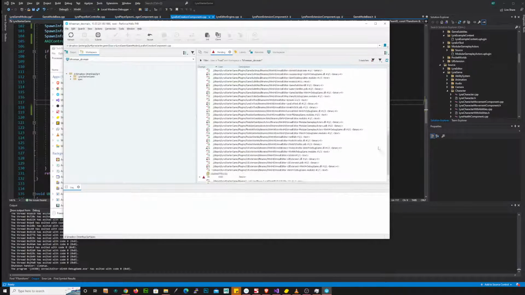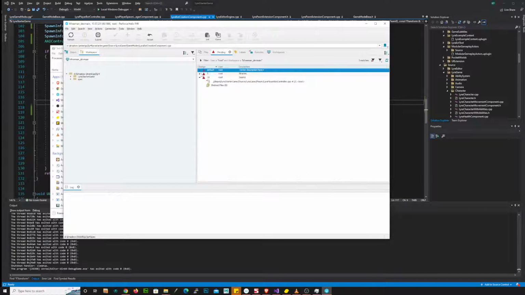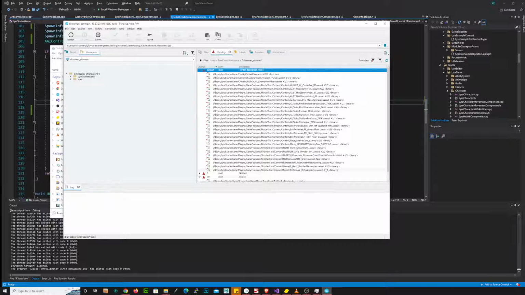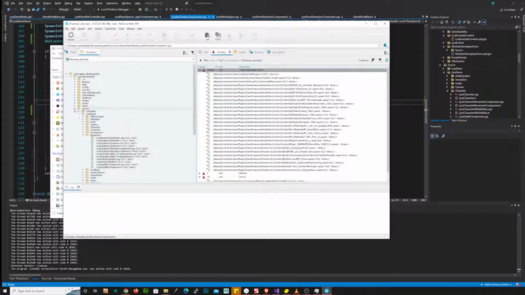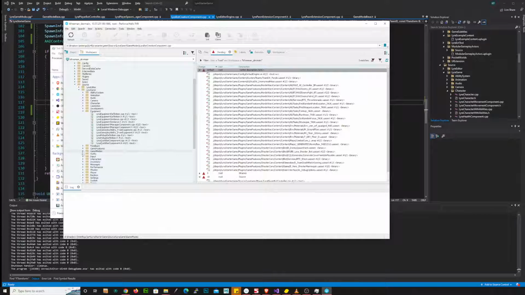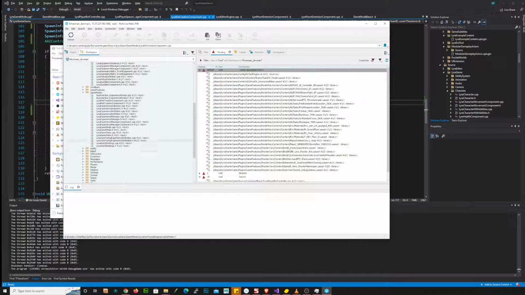It shouldn't be. It's not. Let's check our default. These are all our U assets. Source. Lyra game. Game modes. Lyra bot creation component. Look, it's showing that there's no